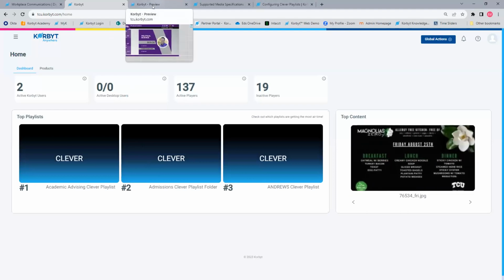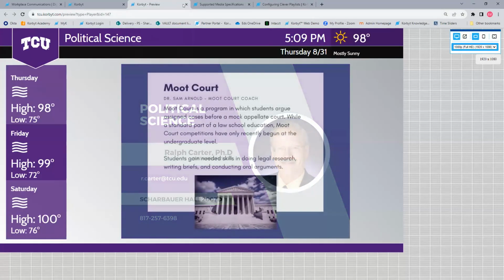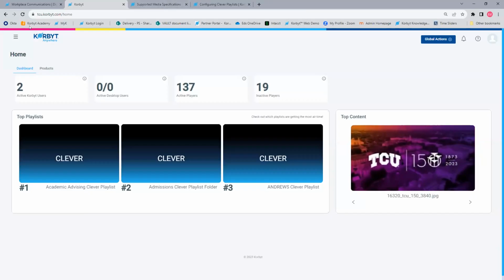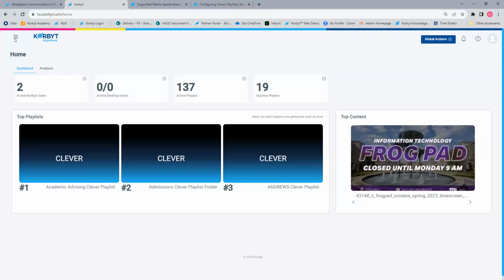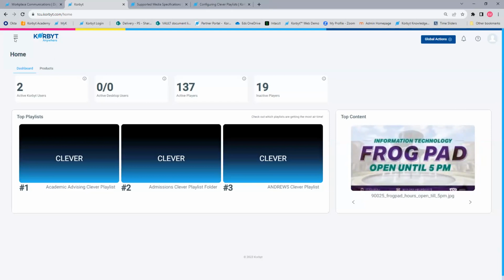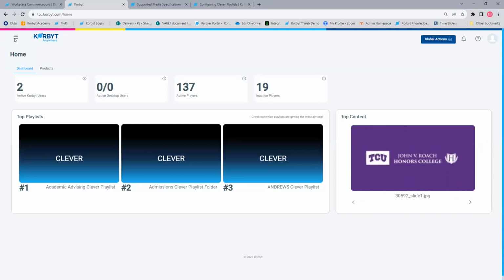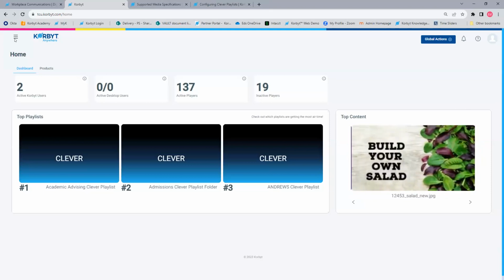Yep. And important to understand how it's pulling all together in the final form. But yes, there's a lot of things that can be added into a layout. It's about as complex as using like an Adobe Suite tool. But like Joshua said, the content and publishing 2 training class that's in your website, the Korbyt.tcu.edu site. It's content and publishing 2 is the training class that goes like full in on the layout builder tool, if you want to know more.